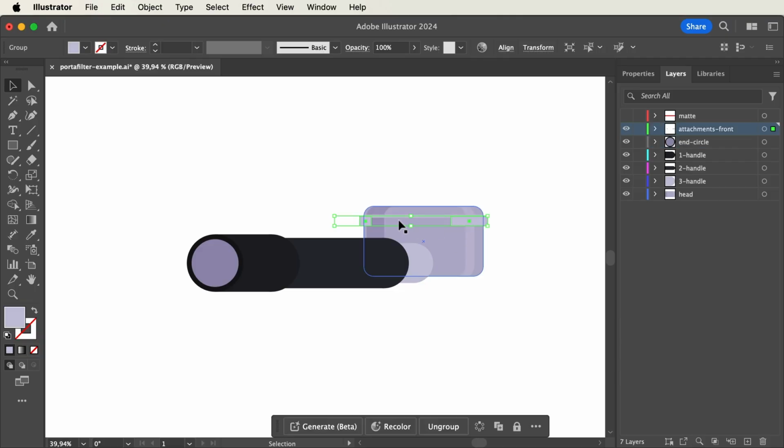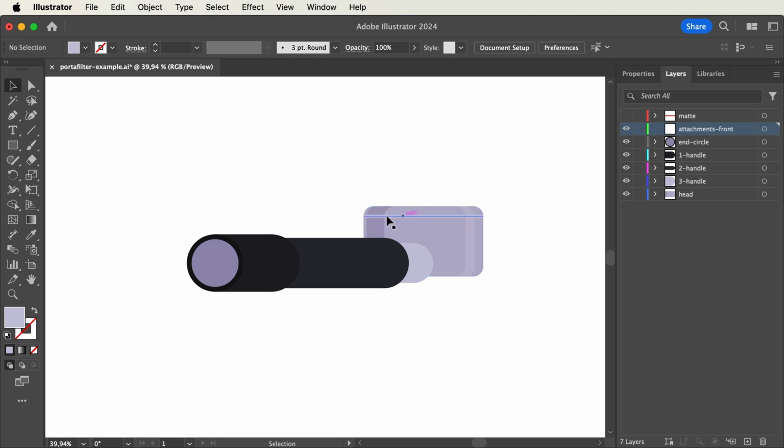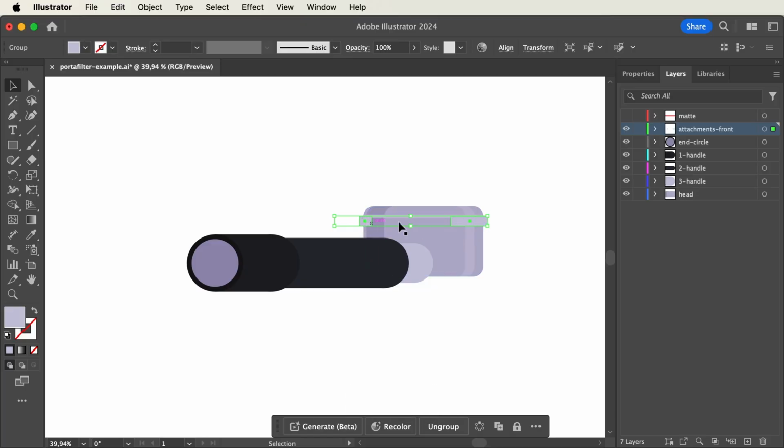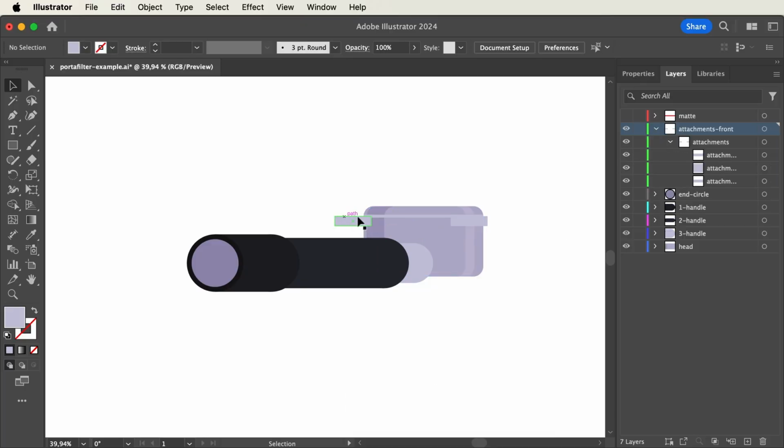Another part that really sells this animation is the rotation of the basket itself. If we were to remove these tiny attachments, you can see that there really wouldn't be any sign that this would be rotating because there would be no moving elements. But because we have these small attachments, and if I just show it without it being masked, we can take this and move it from side to side whenever it's being rotated, and that way it just shows that the basket is rotating as well.